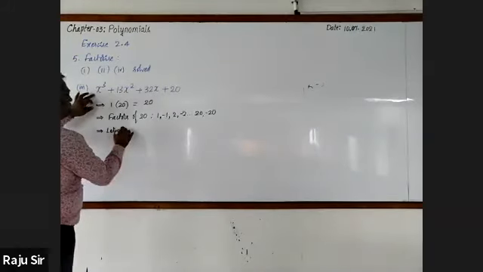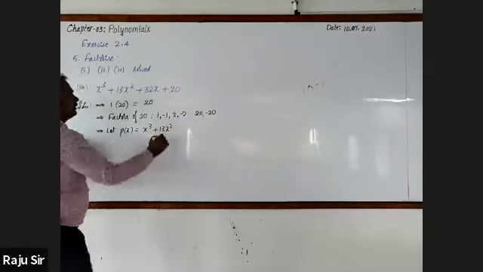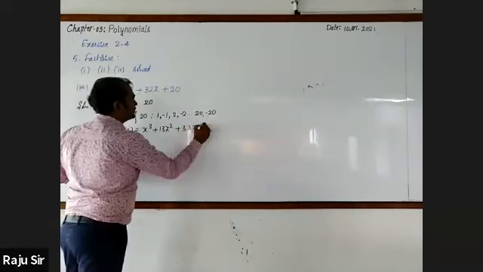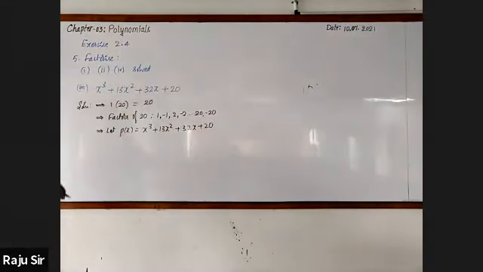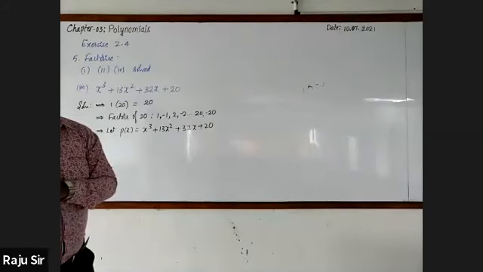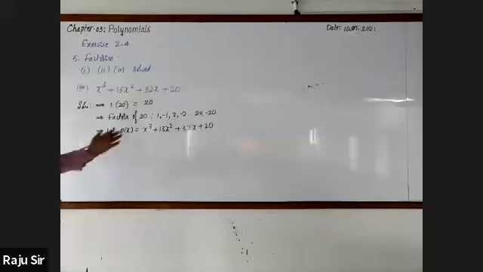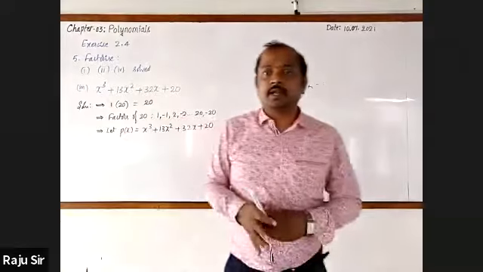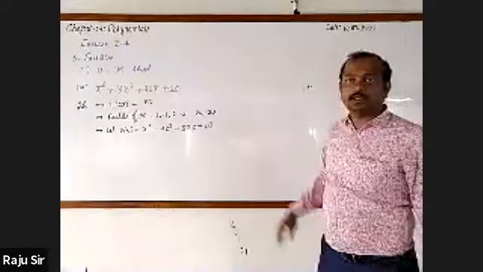Let P of x is equal to x cube plus 13x square plus 32x plus 20. Isn't it? When you observe the terms, you can come to know that all are positive. Hence, the positive factors are not at all zeros of the given polynomial. Therefore, you can go for trial and error method by taking only minus 1, minus 2, minus 4, minus 5, and minus 20.